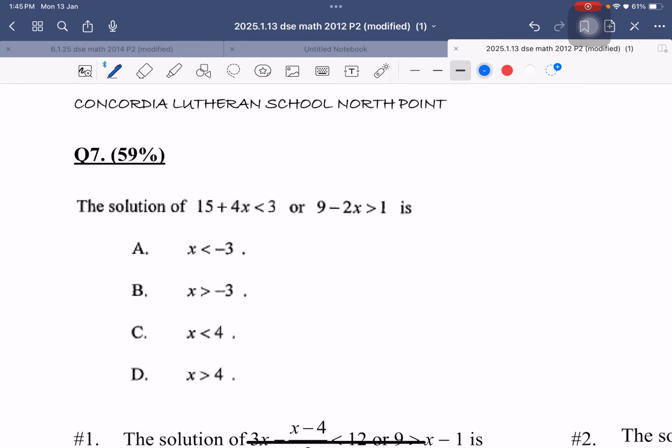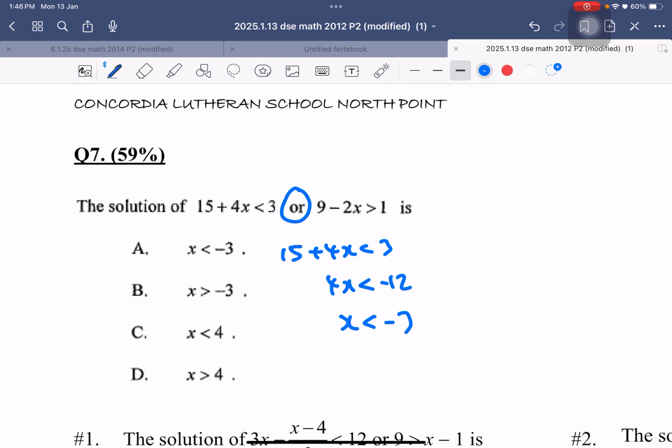So, are you surprised by this easy inequality? 41% of the students don't know how to do it. What's the main point? What makes this hard? The "or". Okay? They still get confused. So we first solve the inequality. We have 15 plus 4x more than 3. I move the 15 here, 4x more than minus 12. So x is,